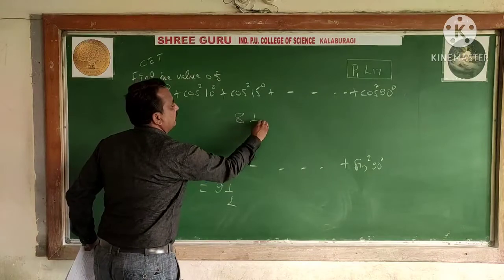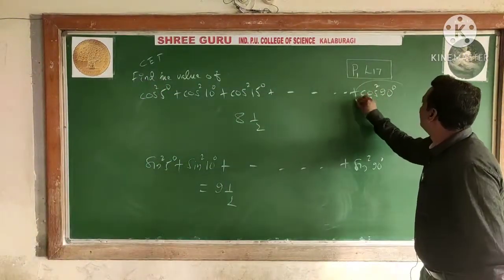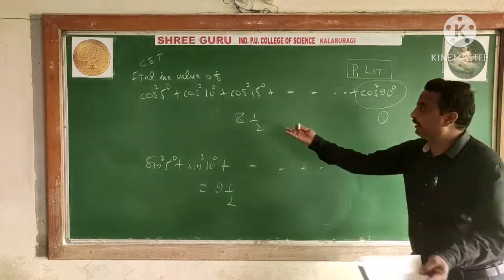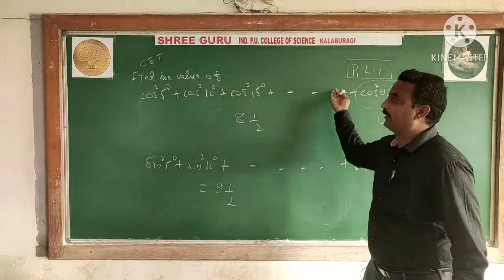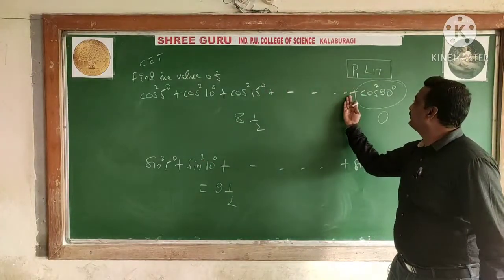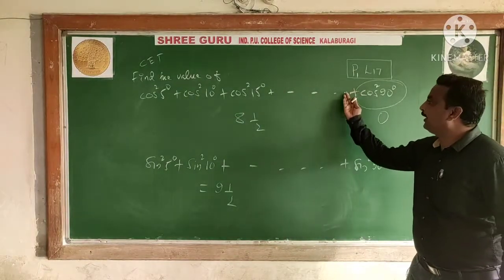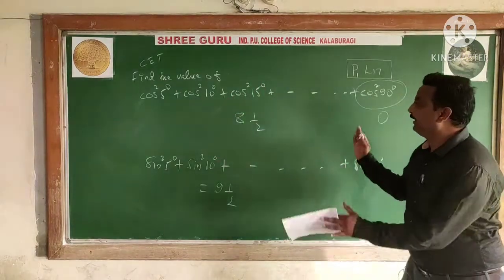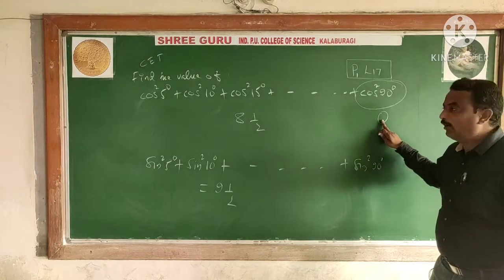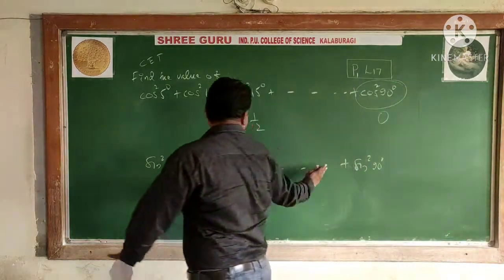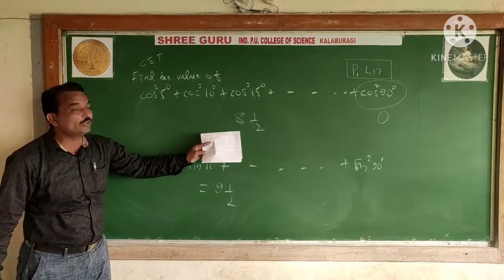8 1/2. Some of you are getting 8 1/2 because of one term less here, because cos 90 becomes 0. The similar pairs here: cos square 85 is converted to sin square 5. Similarly, cos square 80 is converted to sin square 10 degree, like that the pairs, and there is one term less because cos 90 becomes 0. In the previous one this was sin 90, so it was 9 1/2. Therefore here it is 8 1/2.